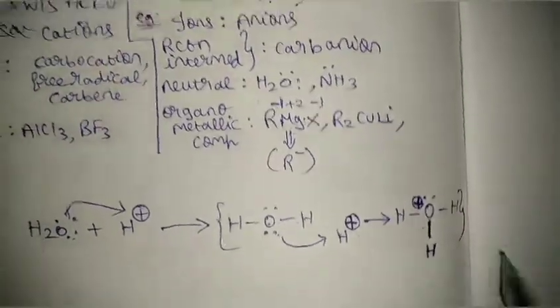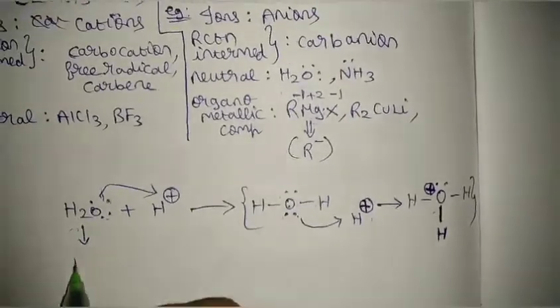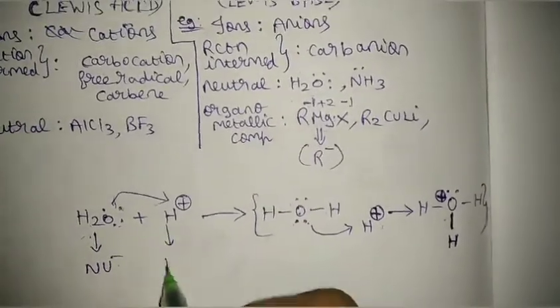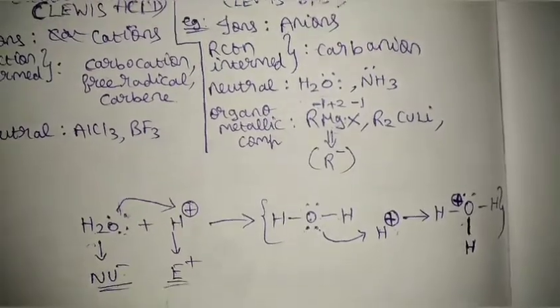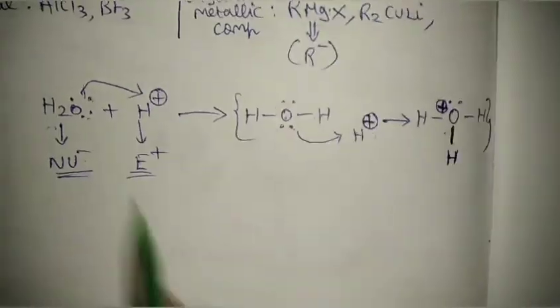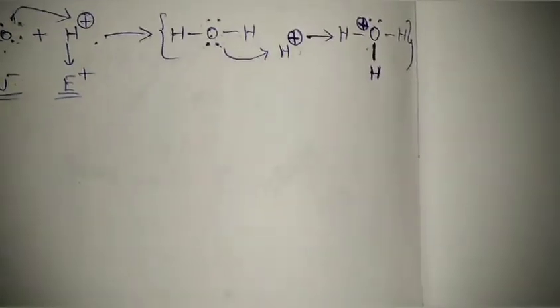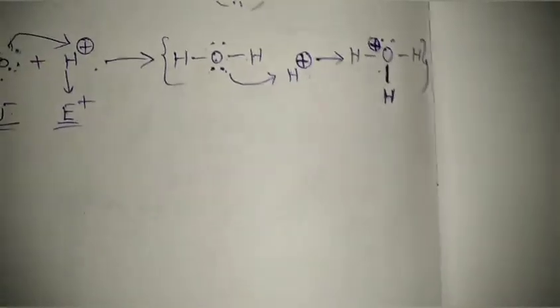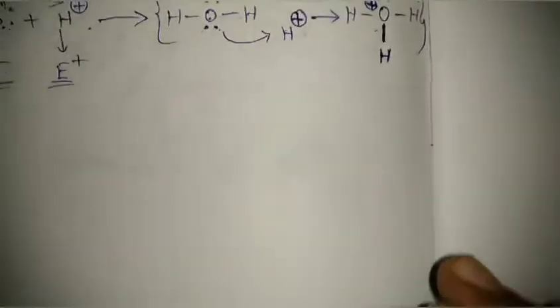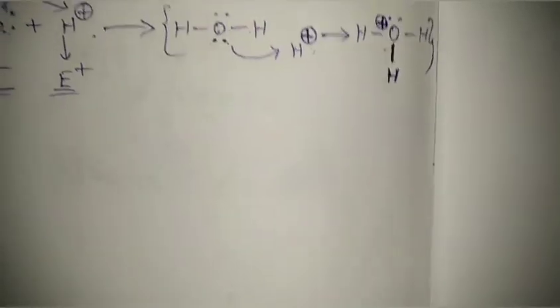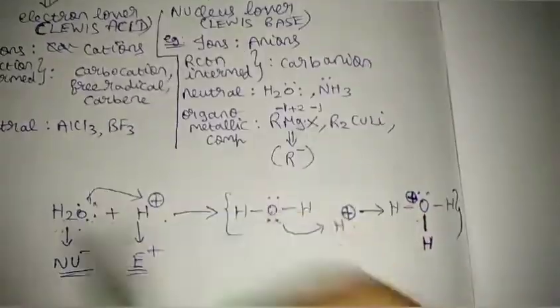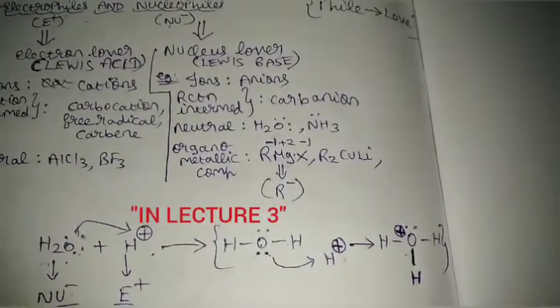So this is a nucleophile, this is an electrophile. These both combine to form a reaction, or basically you can say Lewis acid and Lewis base combine to form a reaction. Lewis acids are electron acceptors, and Lewis bases are electron donors, and remember this forever, okay. So this is the basic concept of a reaction mechanism, okay. So this is about electrophiles and nucleophiles. Next we'll go and see about nucleophilicity and basicity.